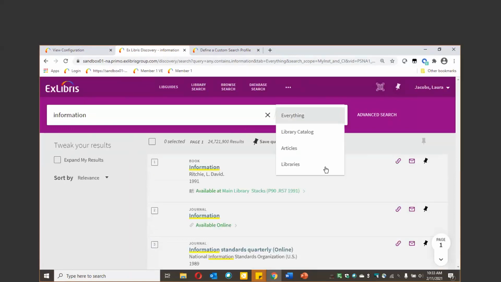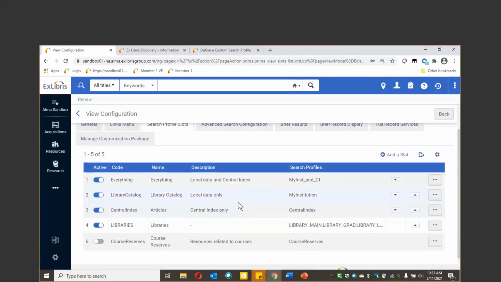So now course reserves is gone. So it's just as easy as that. And that is really defining